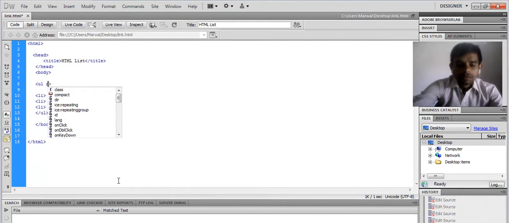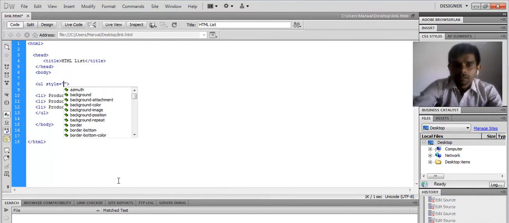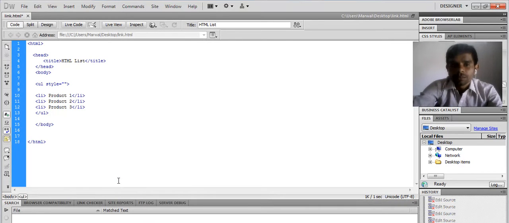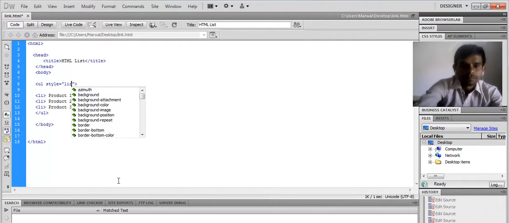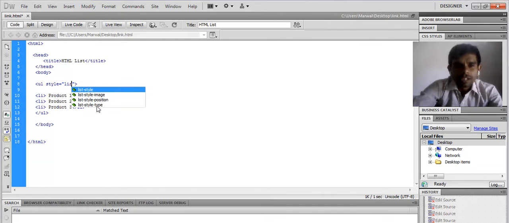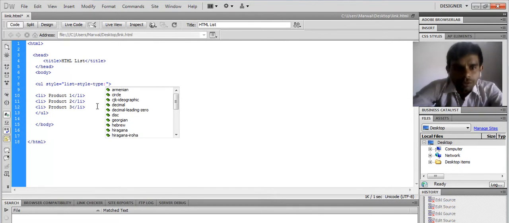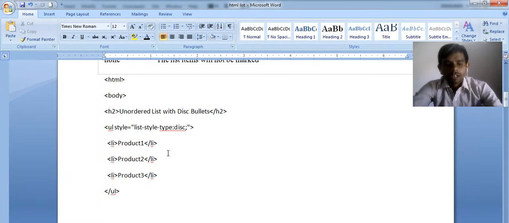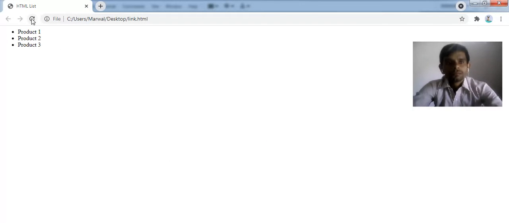Go to the unordered list. Use the style tag. What do you need to change? You need to change the list style type. Type it over here: list-style-type. I have a lot of options, not only four. I'm talking about circle. I want a circle, sir. So you can use circle. Let's see, if I'm doing it like this, what happened? Circle, small circles.